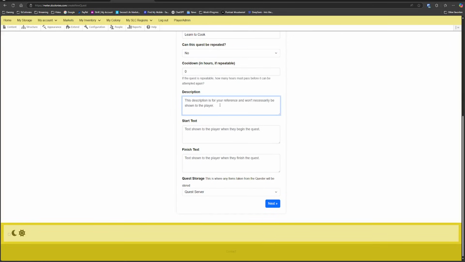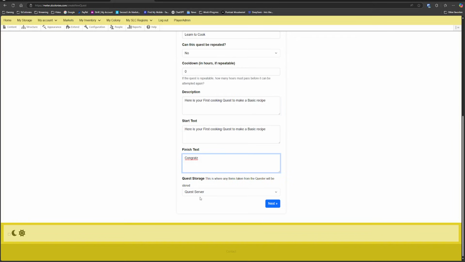Description: here is your first cooking quest to make a basic recipe. Now I'm actually just going to put that as the starting text too. Sometimes your description will be totally different than your starting text, but in the finish, I'm just going to put